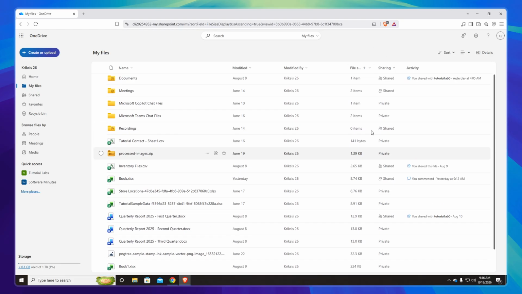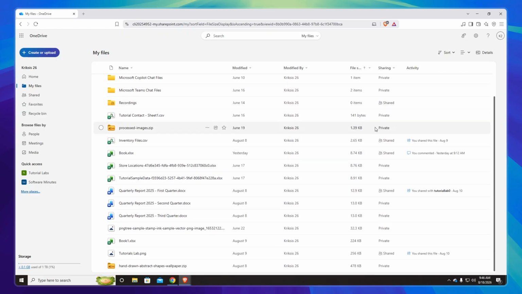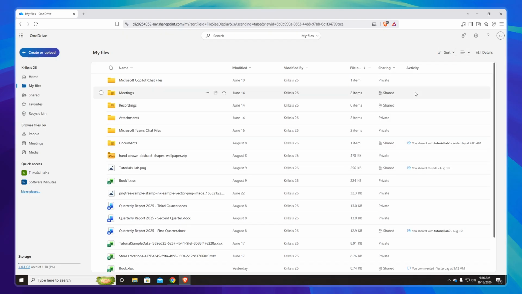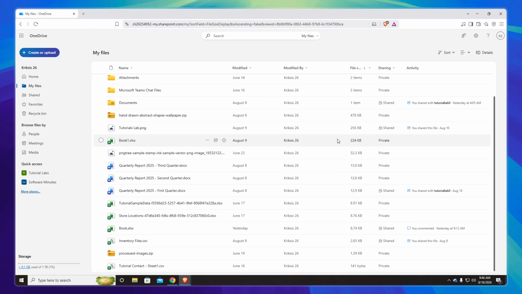This way you can quickly identify which files are consuming the most storage space and decide whether you need to delete them, move them to local storage, or keep them in the cloud. And that's it. You've successfully sorted your OneDrive files by size, making it easy to find and manage large files that might be taking up